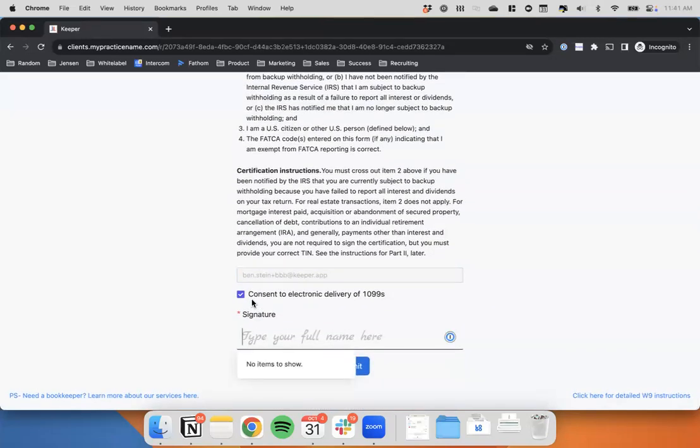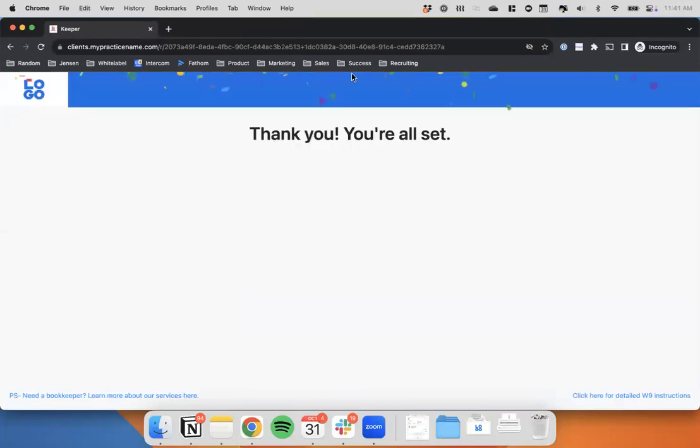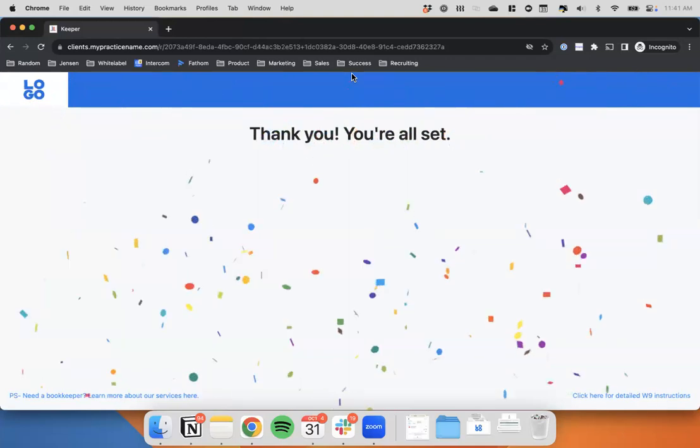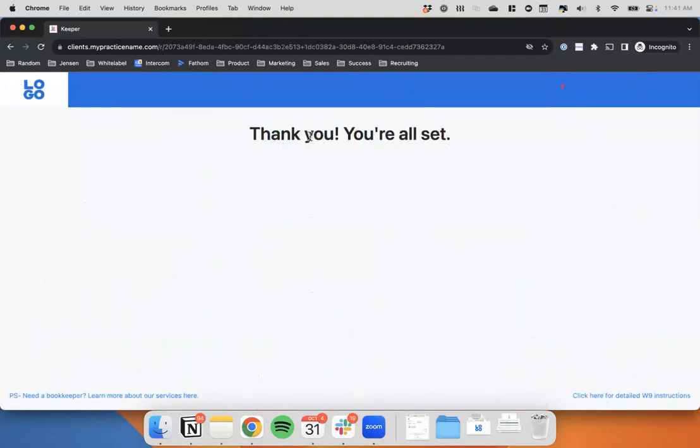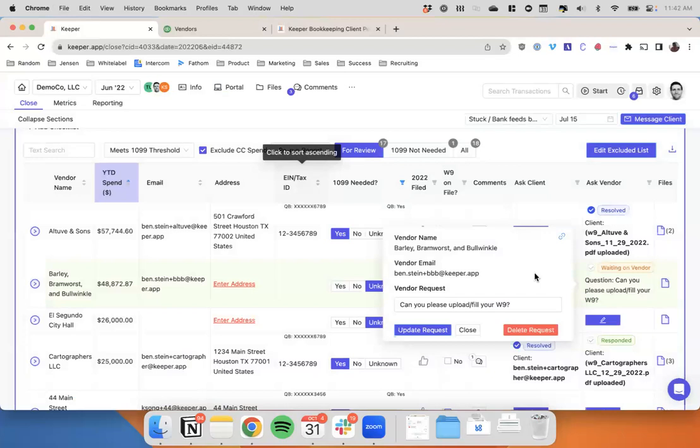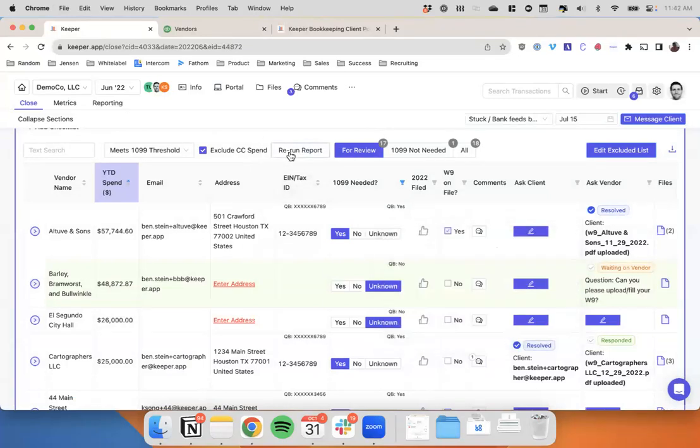And then one of the other things we added here is you can now finally collect electronic delivery consent here in the vendor requests as well. All right, so that's all they have to do. They fill it out. They get some nice little confetti that makes them want to fill out new W-9 requests in the future. And then on your end, if we rerun this report here,